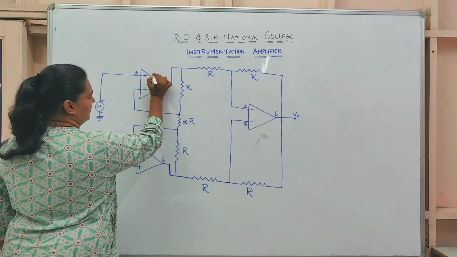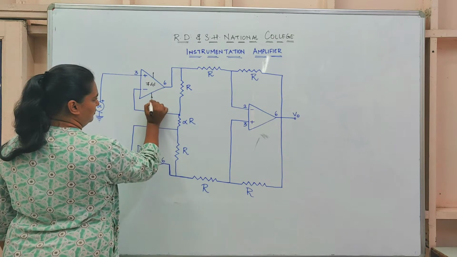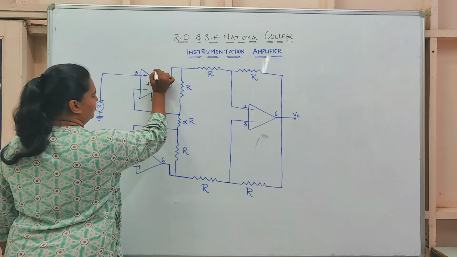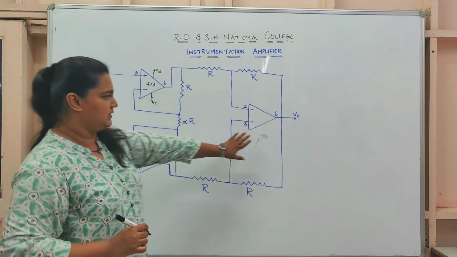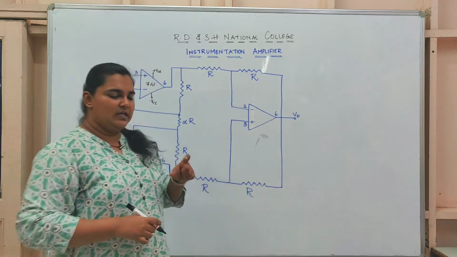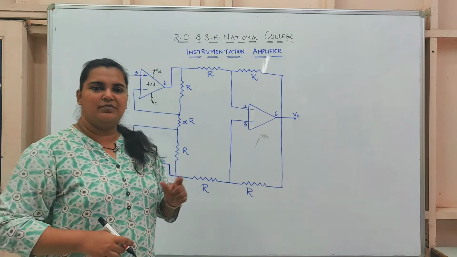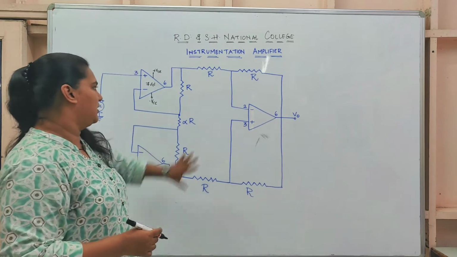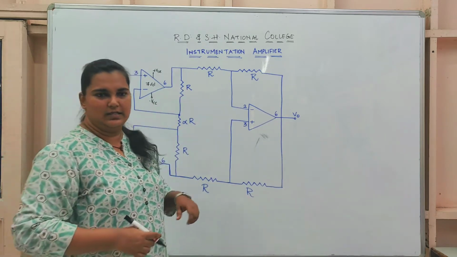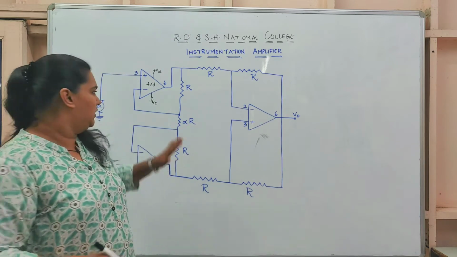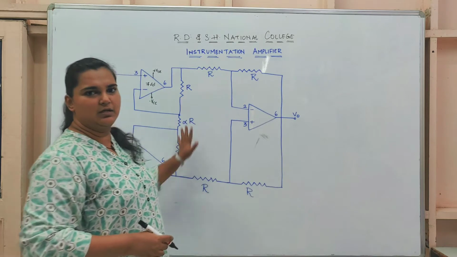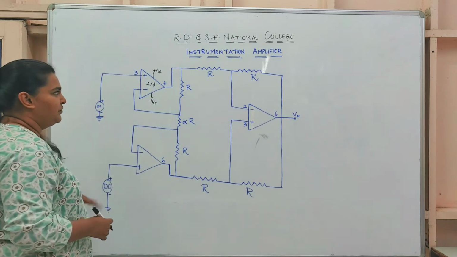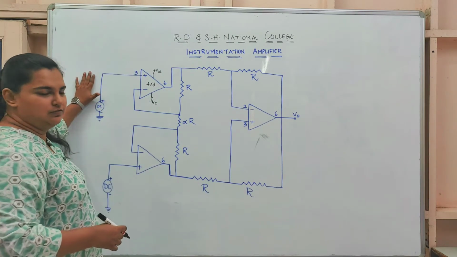So you know there will be a positive and negative VCC in each of these, which could be either plus and minus 12 volt or 15 volt. Same goes for this and this. Or we also have readily available instrumentation amplifier ICs in the market, which have the entire setup within that single IC. We are using this circuitry where we will use 3 separate op-amps and make an instrumentation amplifier. So let's see the functioning of each of these.